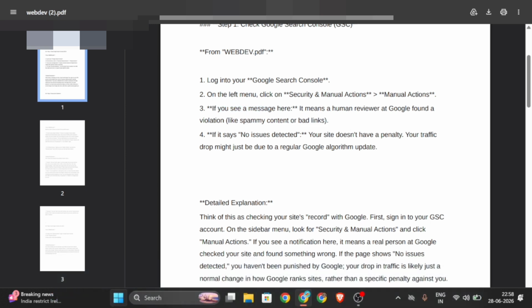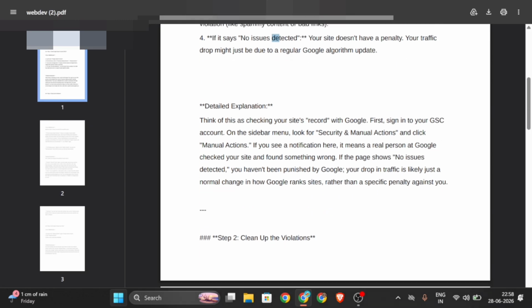It's a very important thing for you. How can you fix that? If it says no issue detected, like on my website, it means I don't have any penalty. But if you get issues, like in the second image I showed you, that's why it's important to know how to fix them.